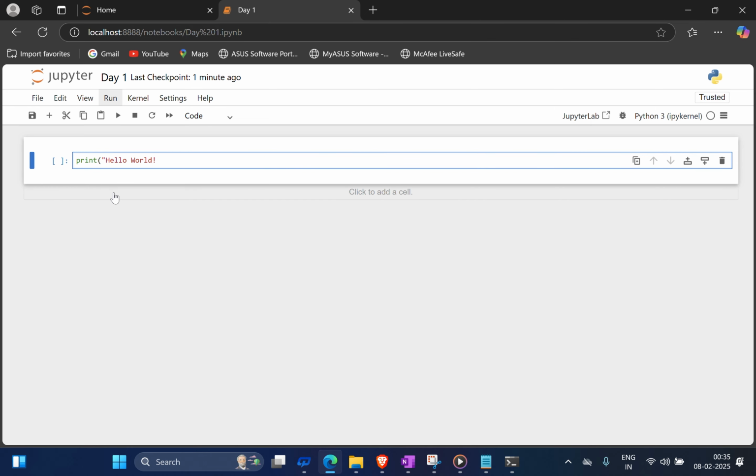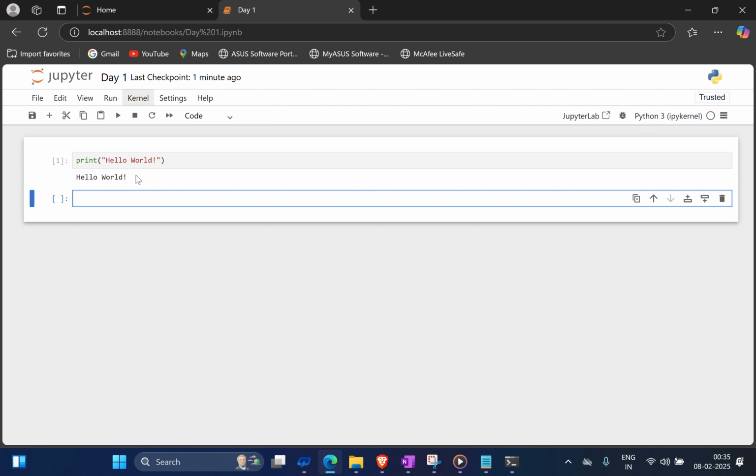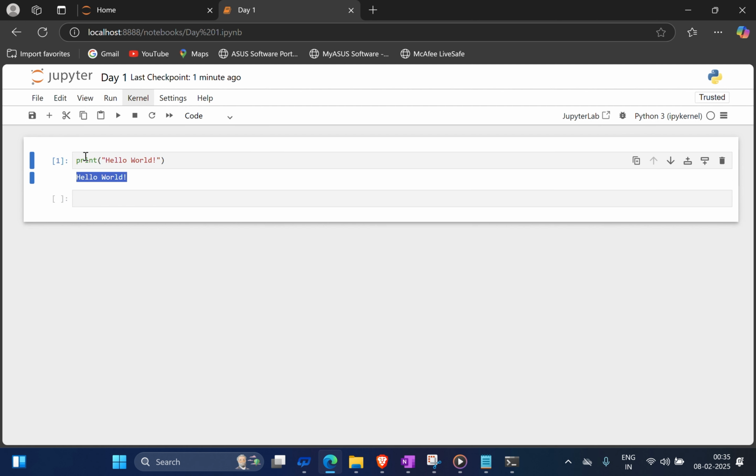So if I run this, this will run the first Python program, that is hello world. For any programmer, this will be the first program that they write in any language. And print tells Python, please print hello world. Once we have completed the most basic challenge, the second one we'll be learning is single line comment